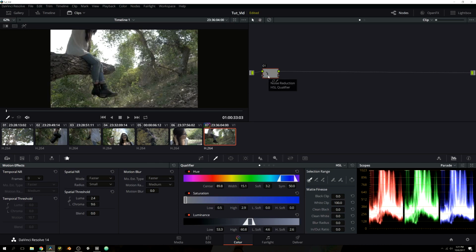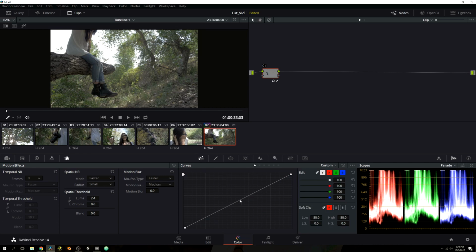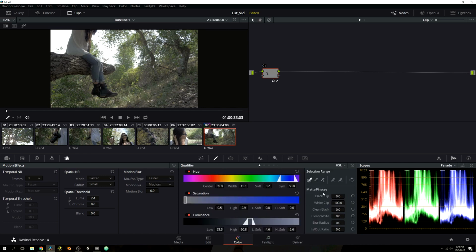Now we could go back to the image, and we could just simply start changing, like using curves, making this particular height or this particular selection change dramatically. Again, this is a horrible selection, and I hope you do not do anything like this. This is strictly for demonstration purposes. So I'm going to revert my curves, I'm going to reset my qualifier, and we're going to move on to